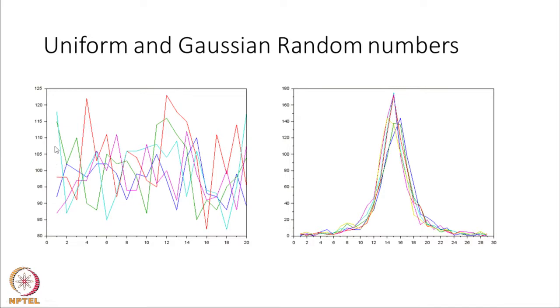So, they are more or less uniformly distributed across the entire range, whereas the Gaussian random numbers, see how nicely they are peaked at that midpoint and with a standard deviation of 1. So, this is how you will generate random numbers using these two functions and subroutines. Uniform random numbers are required in Monte Carlo simulations, and Gaussian random numbers are needed when you want to assign all the velocities of the particles in a gas. You know that molecules in a gas are distributed according to the Maxwell-Boltzmann distribution of velocities. So, one way to get the Maxwell-Boltzmann distribution of velocities is through your Gaussian random numbers.